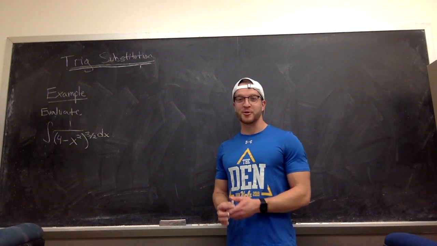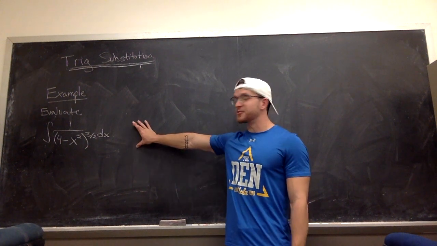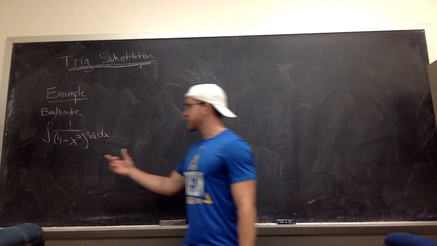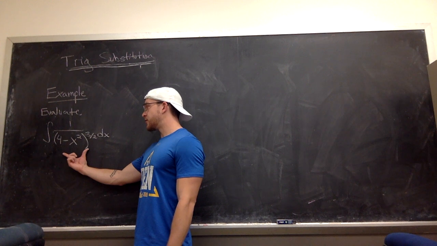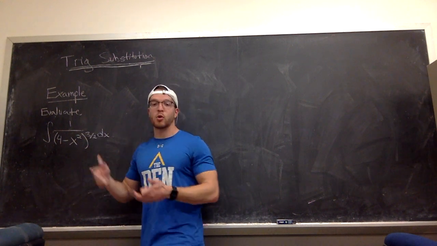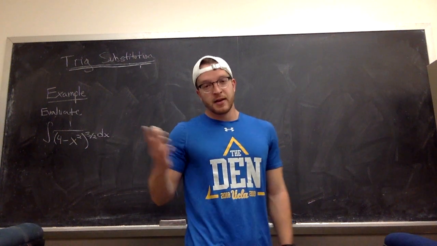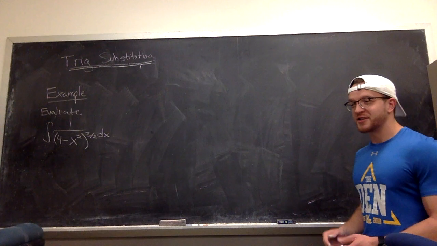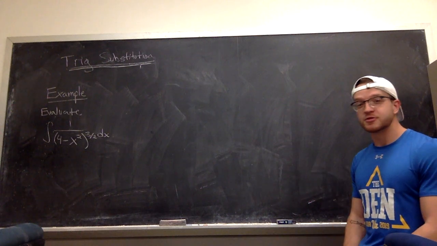Okay, so today we're going to look at an example of a trig substitution integral problem. In particular, the example that I want to do is to evaluate the antiderivative of 1 over (4 minus x squared) to the 3/2. Now, as usual, I just started this by saying we're going to do a trig substitution, but it's always good